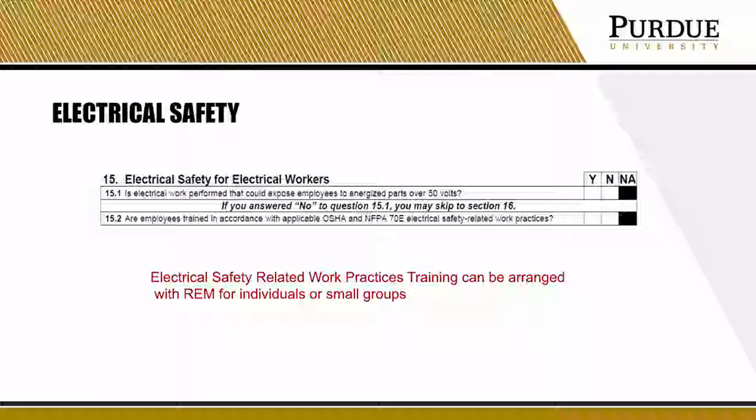Electrical safety, again, when stuff breaks down in the laboratory, we want to fix it. And so oftentimes we'll open up the back and say, I think I can do this. I know enough about electricity. Well, that's fine, and maybe you do. However, you need to have electrical safety training before you do that. So what we would do is provide that training to you. You can develop standard operating procedures, but we'll document that